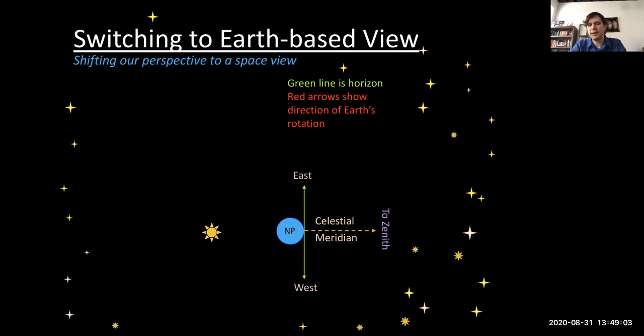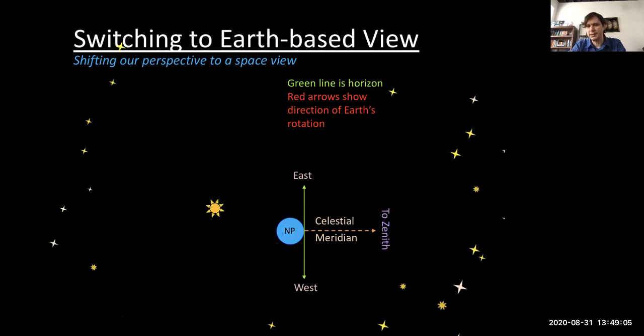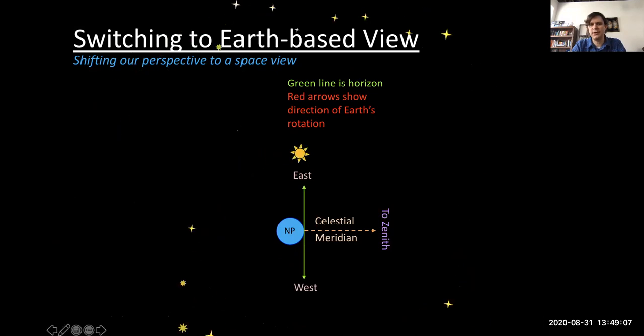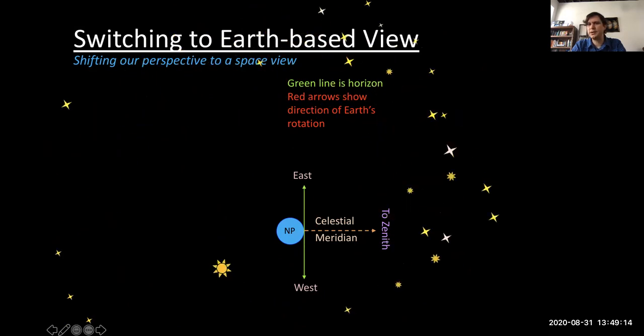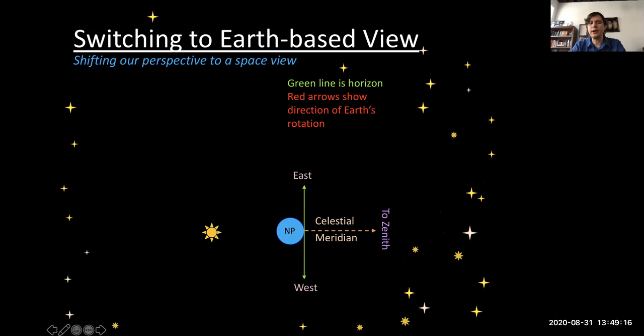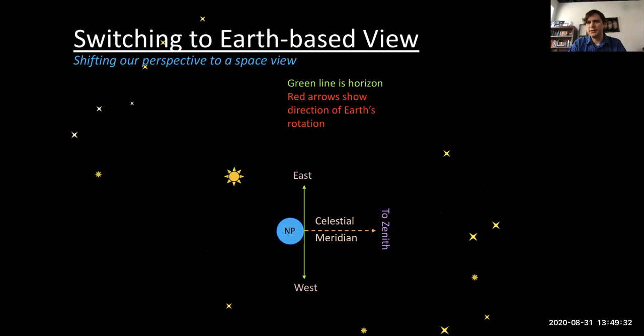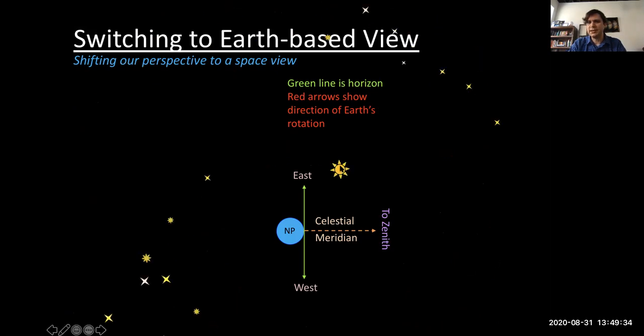From our perspective, however, this is what it looks like. It looks like the stars are rotating around. Now the sun would be rising, moving, crossing the meridian, and setting. And the same thing with the stars. They rise and they set. So from our earthly perspective, we don't notice us orbiting around the sun. We don't notice us really rotating. What we do notice is it looks like everything else is moving around us. Notice that everything is moving, everything is changing its altitude and its